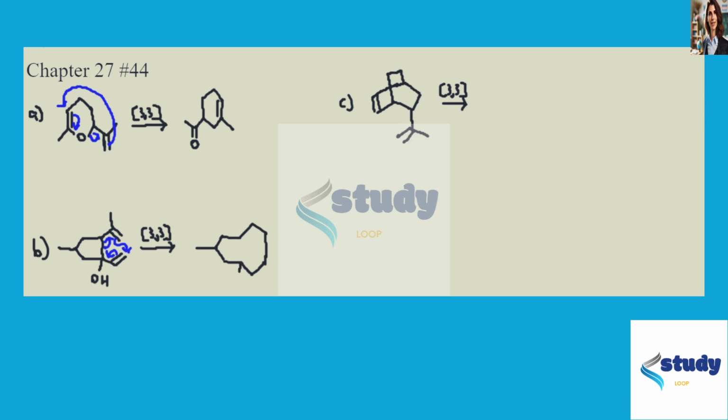sigmatropic shift. And so our alcohol will still be there. Methyl group will still be there. And we will have double bonds here and here. And we should know from earlier chapters that this will actually then tautomerize. So our product will mainly be in the form